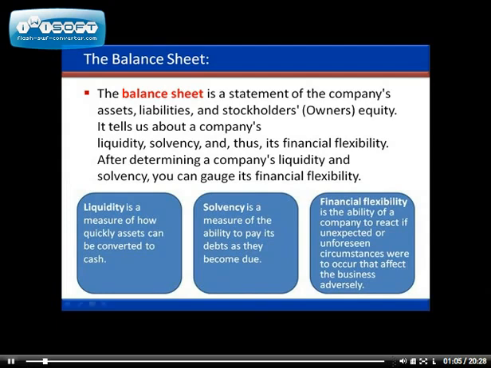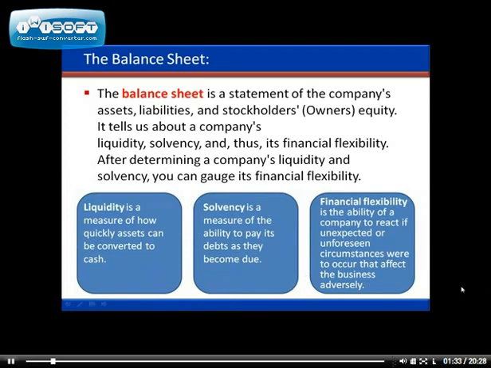And down here we talk about liquidity, solvency, and financial flexibility. Liquidity is a measure of how quickly assets can be converted to cash. Solvency is a measure of the ability of a company to pay its debts as they become due. Financial flexibility is the ability of a company to react if unexpected or unforeseen circumstances were to occur that affect